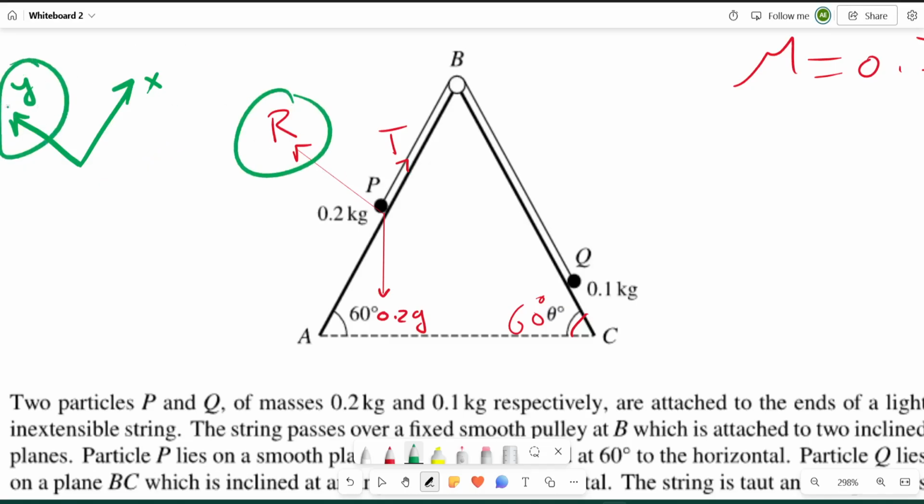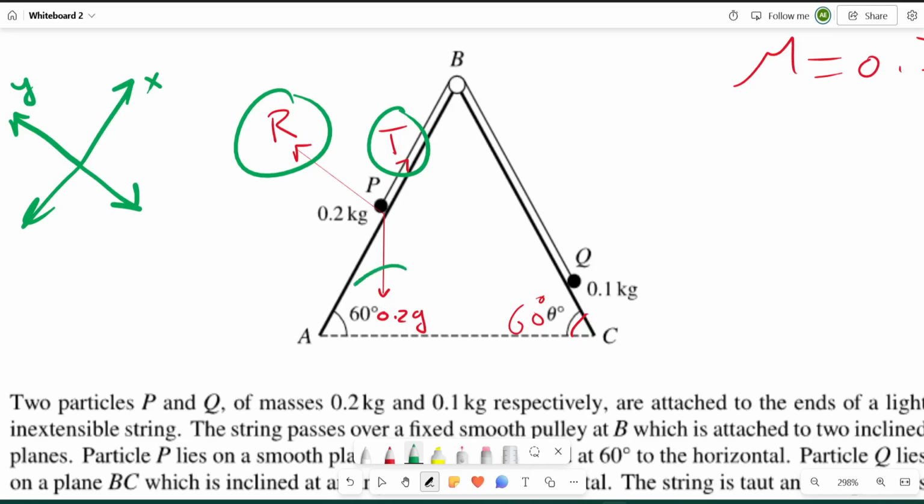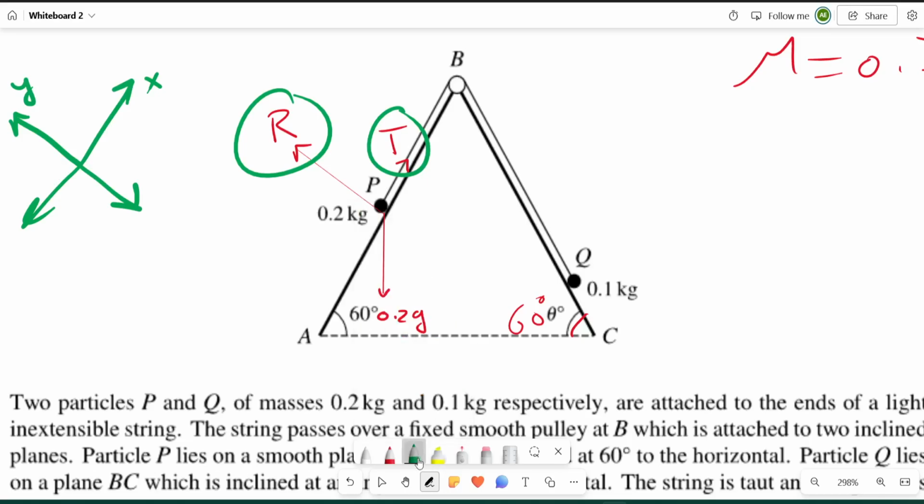Reaction is already in the y direction, tension is in the x direction, and it could be in this direction or in that direction as well. So I want all the forces to be in one of those four directions. However, the only problem is the weight, so I need to resolve it. So let me resolve it into two components instead of one. So a component in the y direction and a component in the